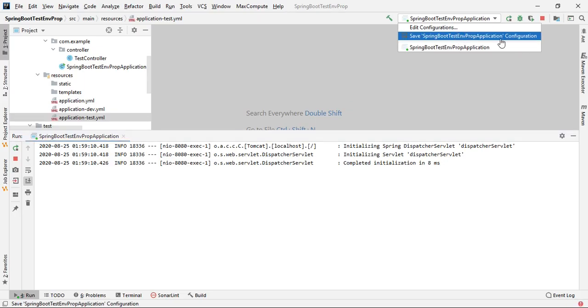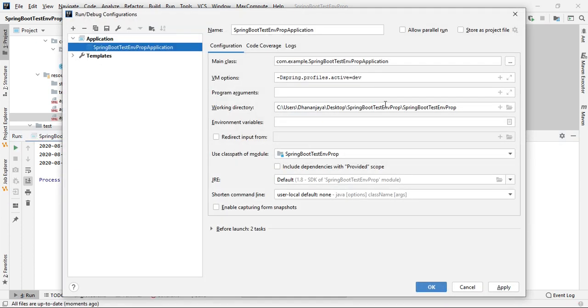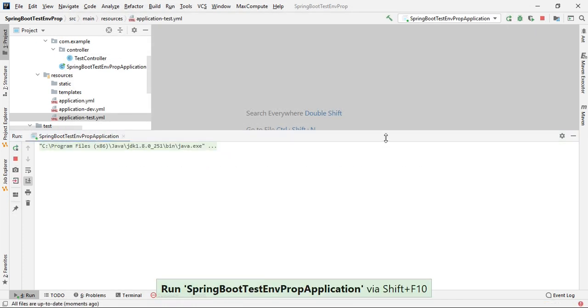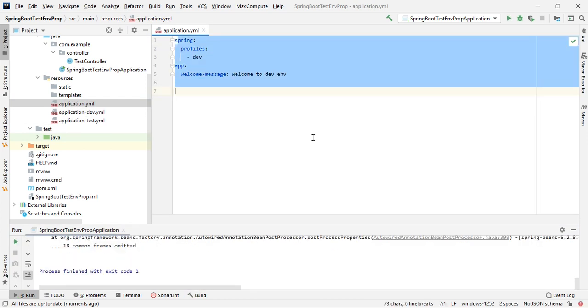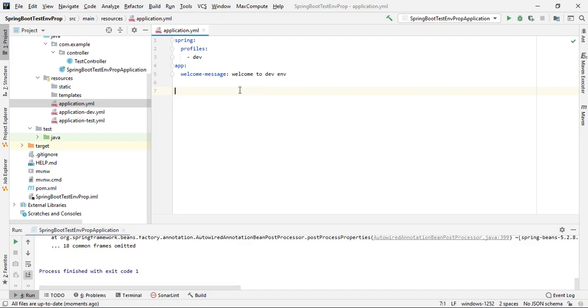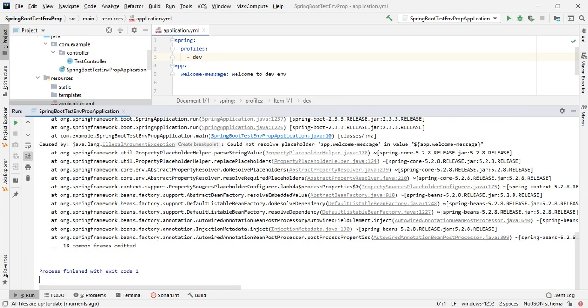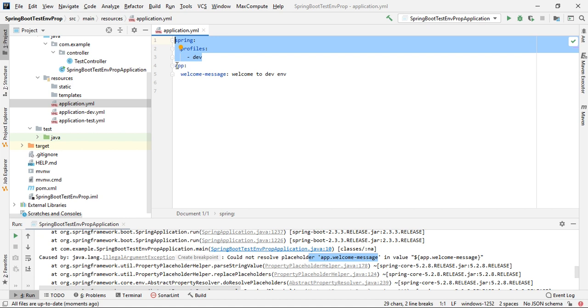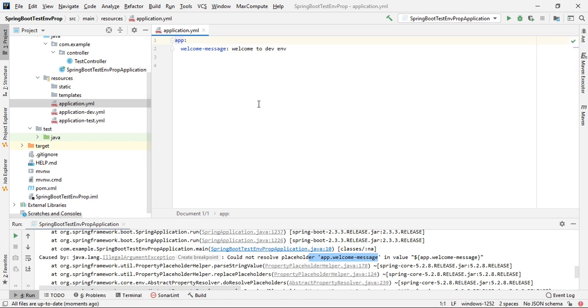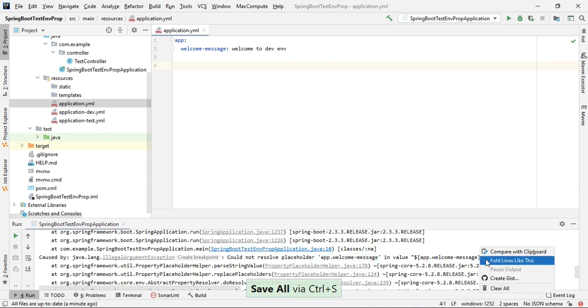Let's try without giving any environment. Okay, let me start the application. So in this case, it will read the data from the application.yml file. Okay, what is it saying? Okay, because here we have defined the profile that we need to delete, because if we are defining application-dev or application.yml file, that means we have already defined the environment. So no need to define any particular environment everywhere.